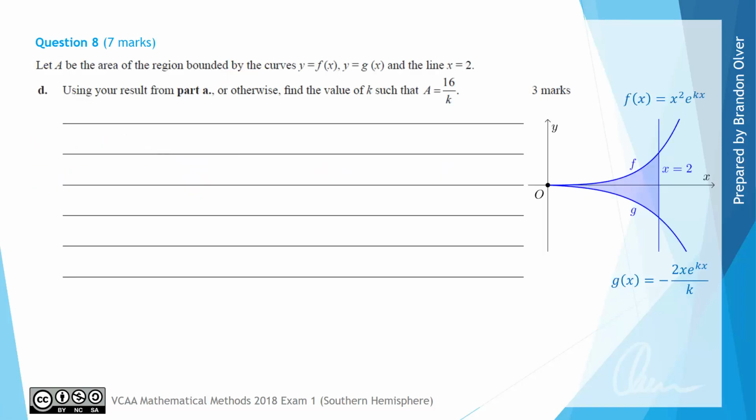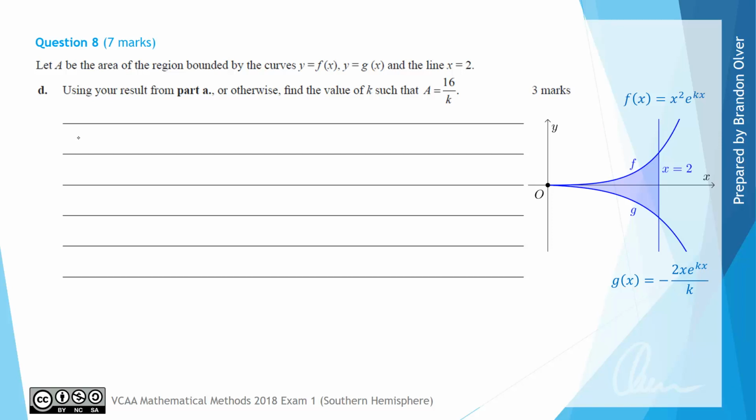For part D, we're asked to use our result from part A or otherwise to find the value of k, such that A is equal to 16 on k, and A was the area between the two curves. So over to the right, we've got that diagram, and we know that the rule of f of x was x squared e to the power of kx, and g of x was negative 2x e to the kx on k,